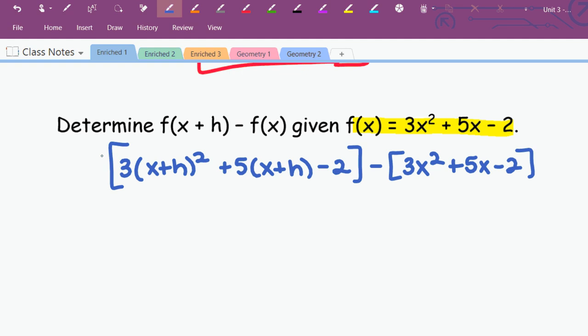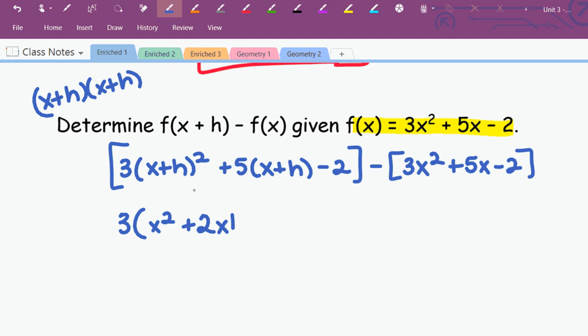Tyler, what is that going to clean up to be? X squared plus h squared. Close. You got to write it out times itself. You can't just square the two parts. It's first, outer, inner, last. So you need to do x plus h times an x plus h. Yeah. So it would be x squared plus 2xh plus h squared. Good. And now to that, I'm going to distribute out the 5, so plus 5x plus 5h